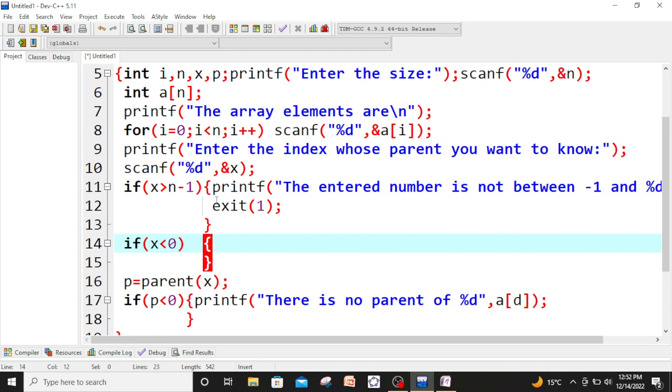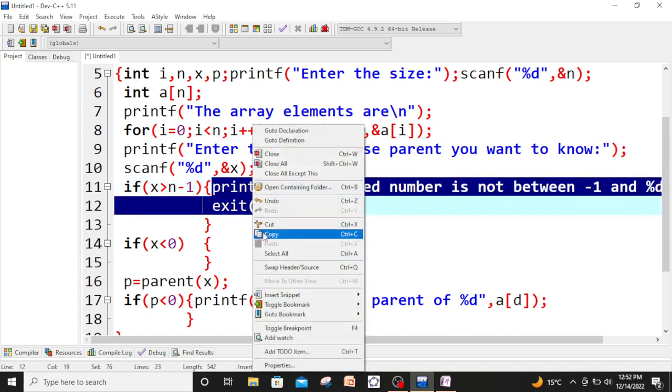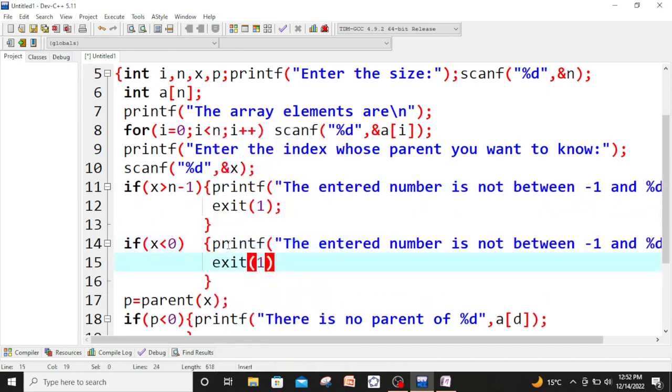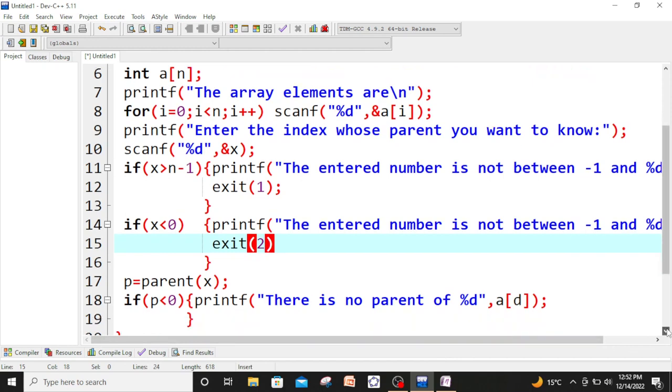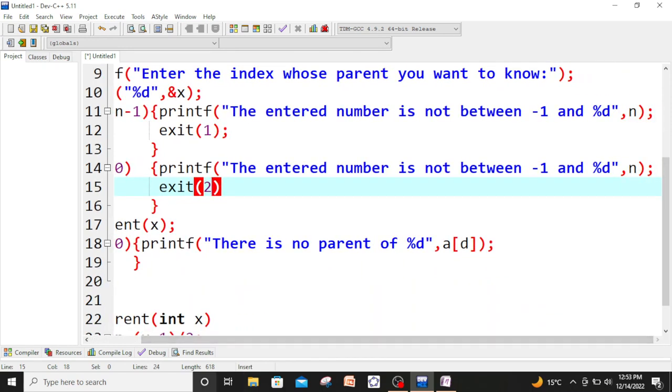So here we must type the same thing with some modification. So here I put 2, and the remaining message will be the same. Okay,